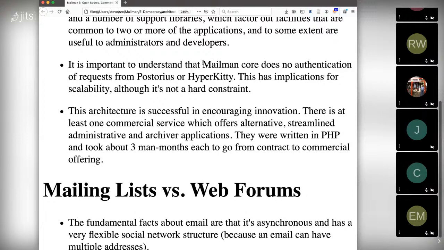Right. So, yeah, so the term social networking is probably not a good idea nowadays. Just minor features that allow you to express approval within the HyperKitty application. Yeah, okay, that makes sense.